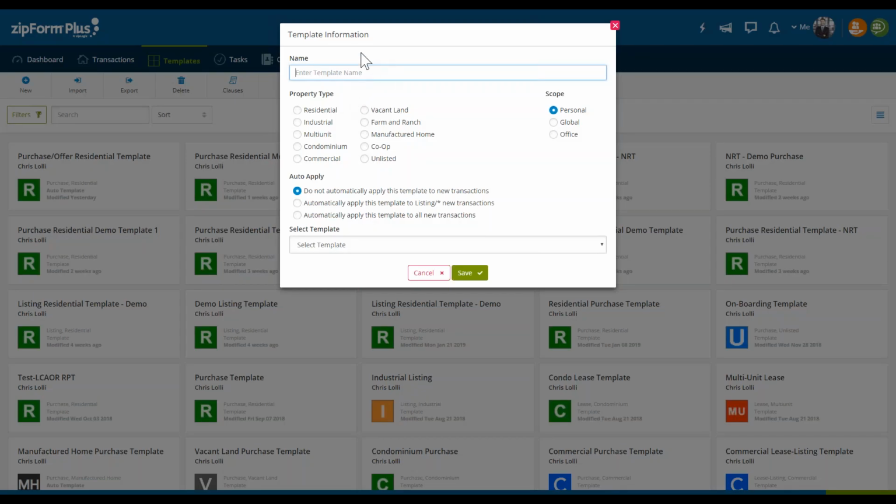And then we dive into the actual template name. And again, there's no particular naming scheme that we have. I'm just going to do something that's based off of the first 2 questions that I presented. So for example, the first question is what type of transaction or template I'm creating. I'm choosing listing. The second question I'm asked is what is the property type of that transaction or template being created.